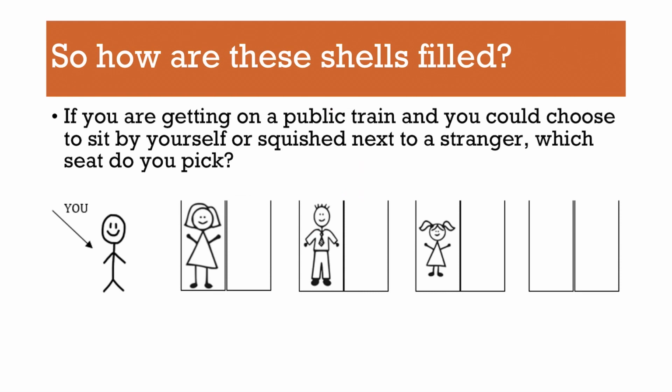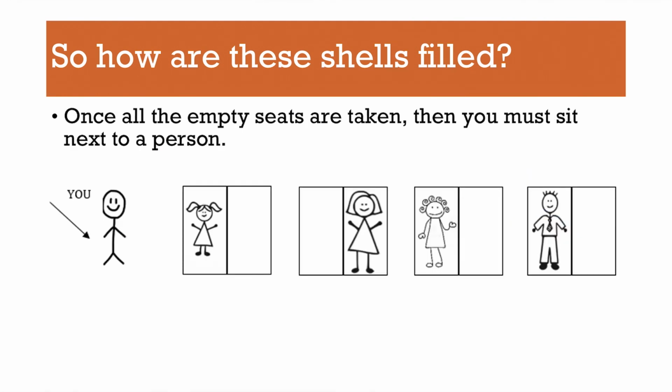And so this is what I mean. If you're getting on the subway to go home, and you can sit next to an annoying soccer mom, angry businessman, screaming child, or by yourself, where would you sit? Even if COVID wasn't a thing, you'd probably sit right by yourself. So you go over there and sit by yourself, just like these electrons. And I promise I'll explain where I'm going with this.